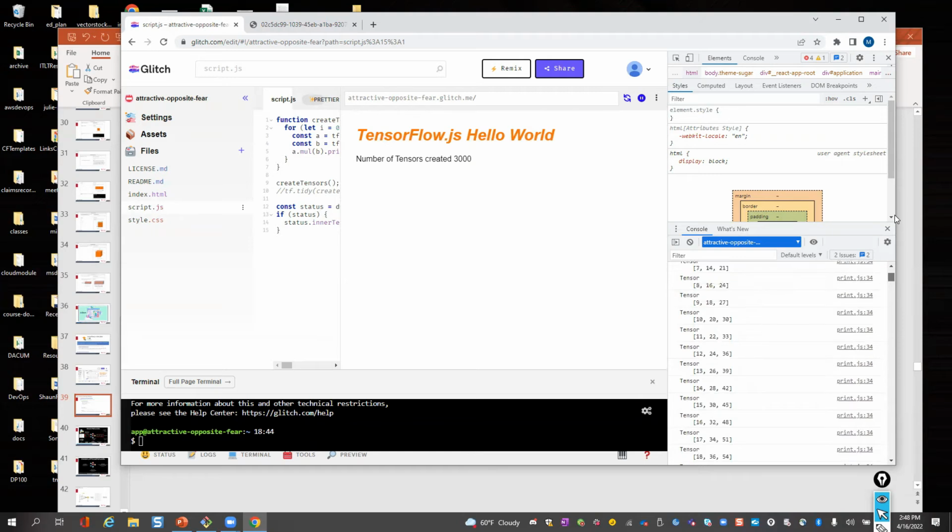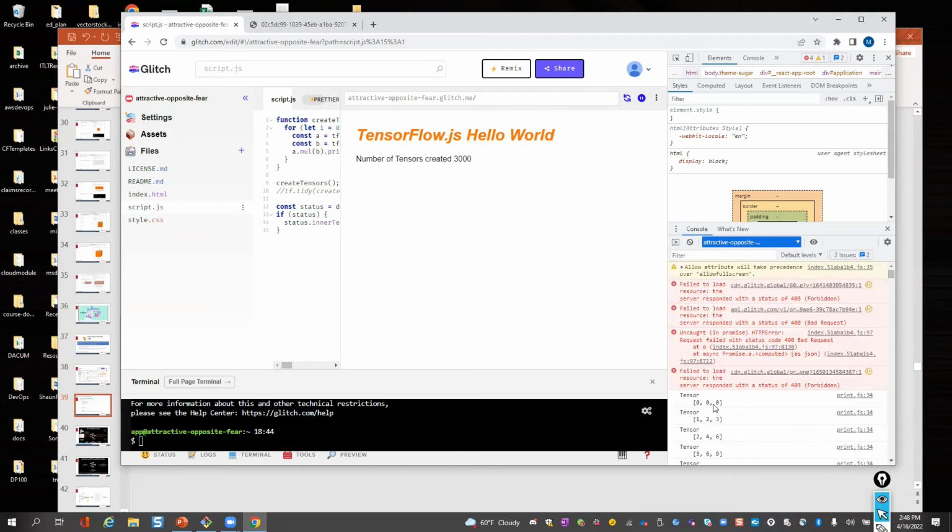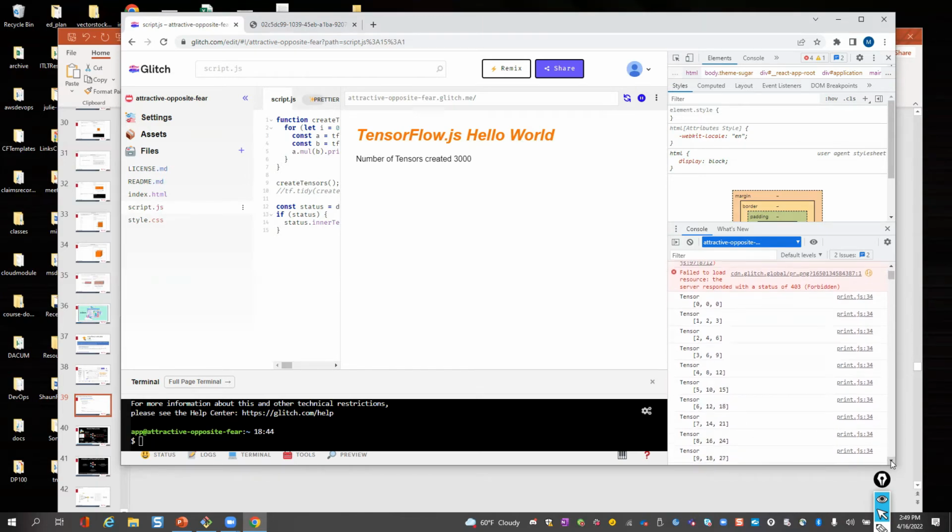And we can see that the first tensor was [0, 0, 0]. I multiplied that first tensor times 0. For the next one, the next scalar in the for loop was 1, so 1 times [1, 2, 3] is [1, 2, 3]. The next time I multiplied times 2, so that's [2, 4, 6]. The next one I multiplied by 3, so that's [3, 6, 9], then [4, 8, 12], then [5, 10, 15]. So it's generating all these tensors.